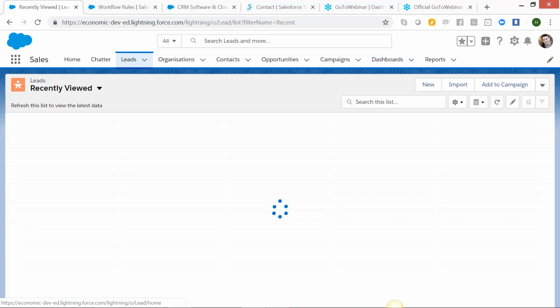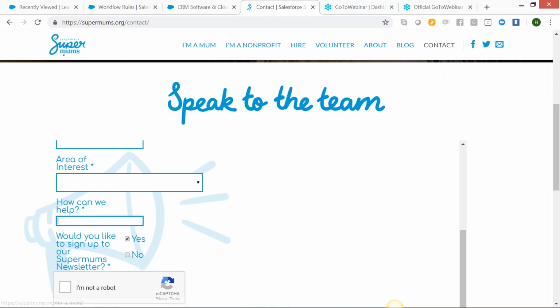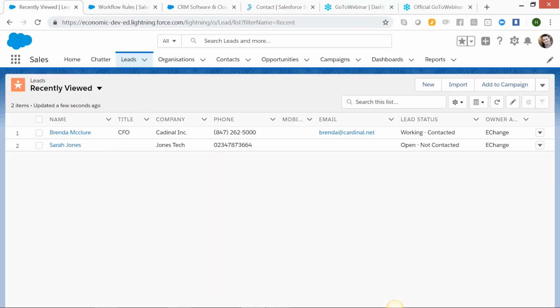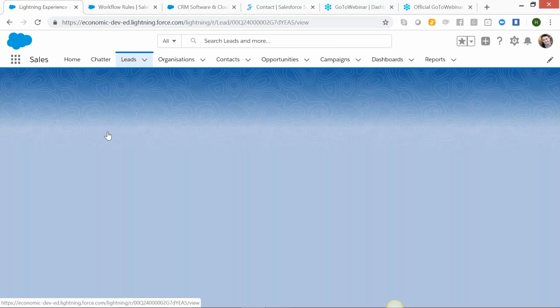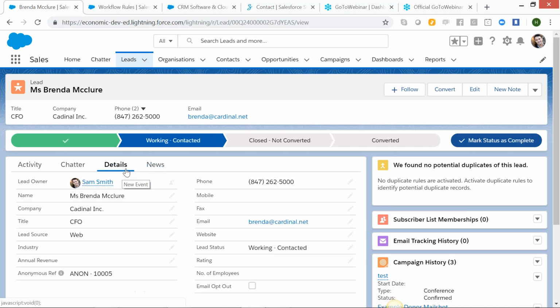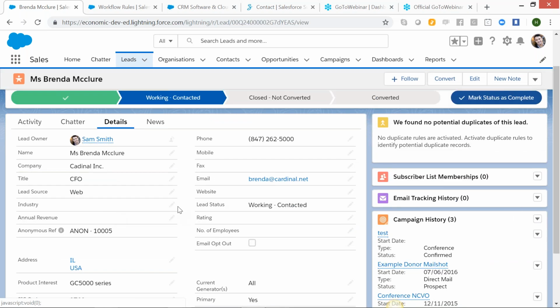So one, you'd probably want to make sure that it's a field on the web to lead form. But two, what I'd also be doing is saying, okay, well, let's change that. So going into setup, what we want to do is make that field compulsory, for example, on this record layout. So it means that somebody can't save the record without industry being populated. So if I go back into setup,